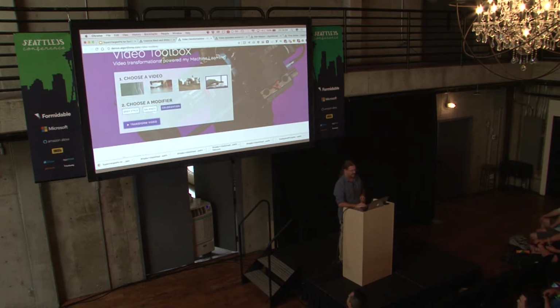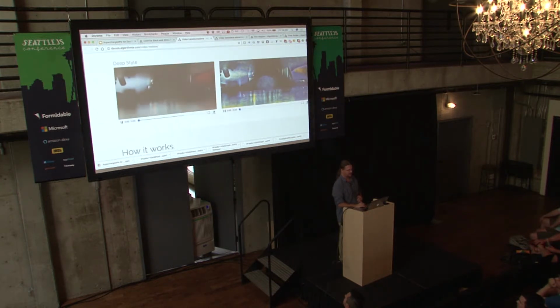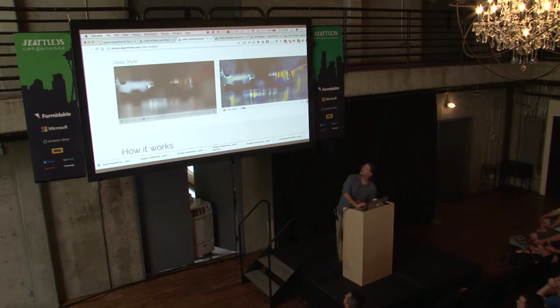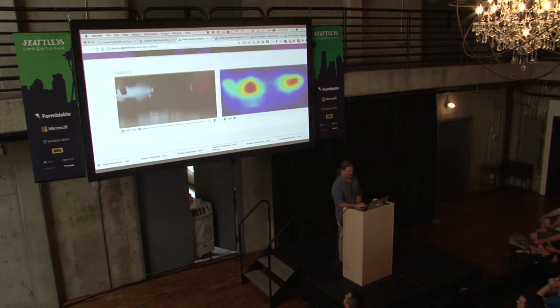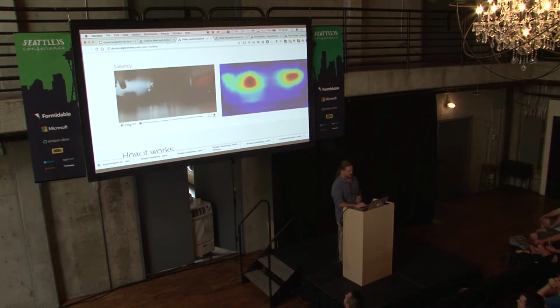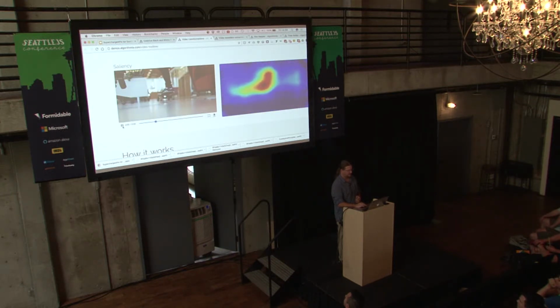I can go further with all kinds of different things that are available, like, for instance, saliency, which is an algorithm which tracks objects in the frame. Oop, that's deep filter. Okay. So it's going to see what's most important in the frame at any given point in time, and it's going to try to track it. Sorry, my video's gotten out of sync there, but you can see it's following the skateboard.